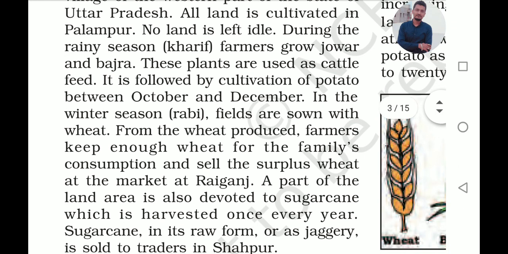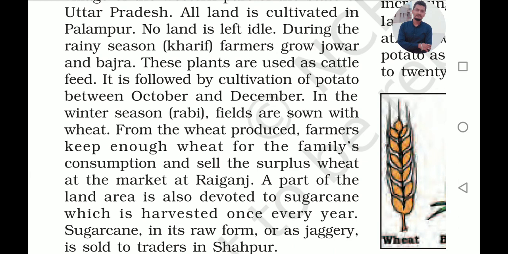So let us discuss different crops during the rainy season, also known as Kharif. Students, these are the agricultural seasons, like cropping seasons. They are known as Kharif, Rabi and Zaid. Kharif is the rainy season, winter is the Rabi season, and one more is the summer season, Zaid. Here in the Kharif season farmers grow jowar and bajra, and these are the plants they